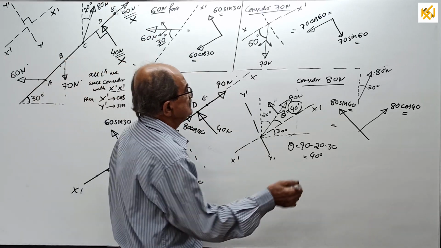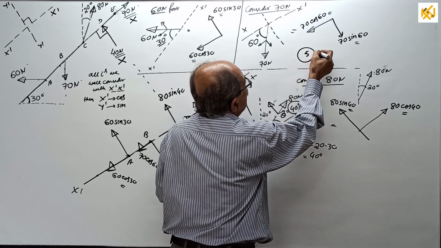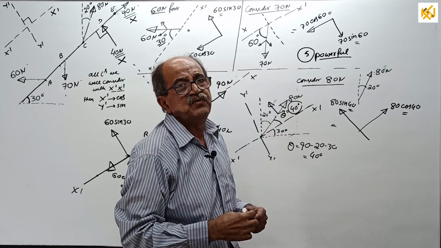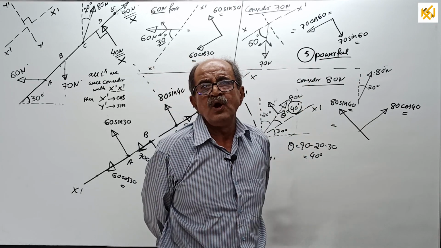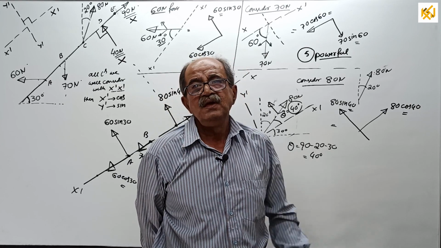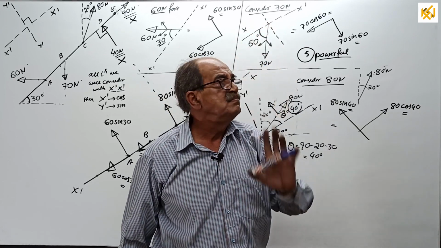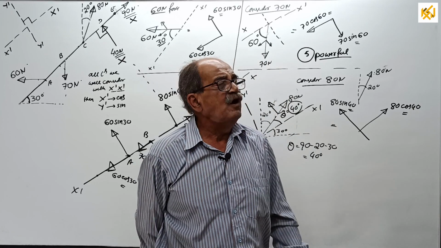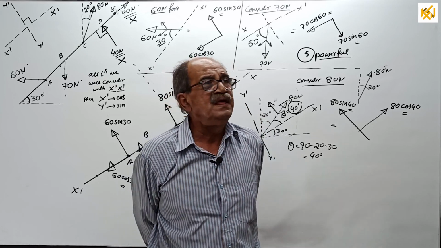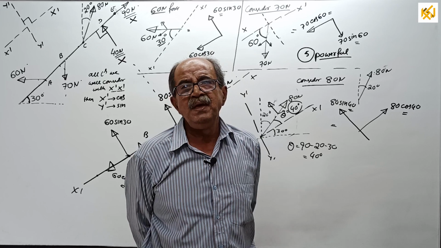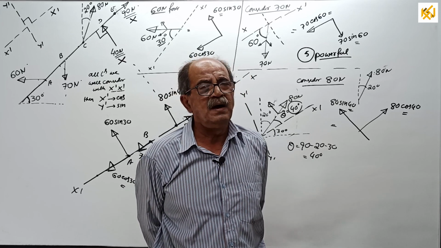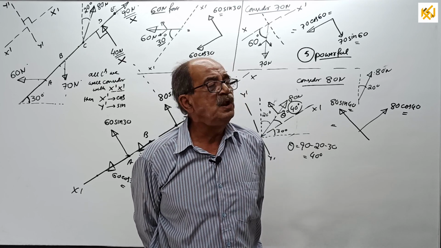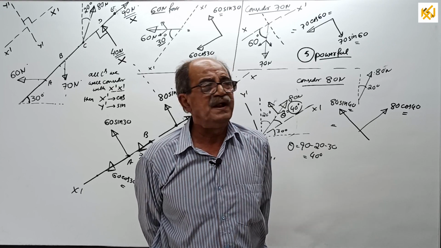Next class, class number 5, I will tell you is a very, very powerful class, because I am going for moment. See how much importance I give to moment. Earlier you saw I wrote moment very big, and after moment is over, we will go to bending moment. I will make a crystal clear difference between moment and bending moment. Many people call bending moment just moment. I am fully against it. I don't agree with them. It is wrong. Bending moment is separate, moment is separate. I will explain all that.